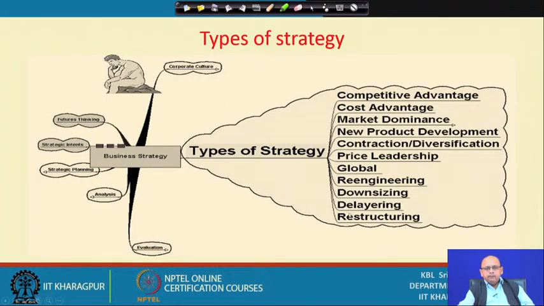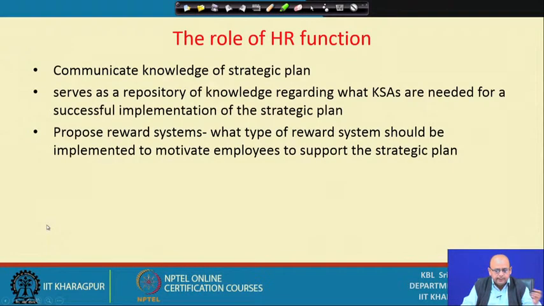What could be the various types of strategies which are important for the organization in order to achieve competitive advantage? Now, moving further, we have to see what kind of role HR is going to play in the process. Do you think that HR is going to be involved in identifying strategies for the organization? Yes, HR has to act as a strategic business partner, and it is possible only when they know about